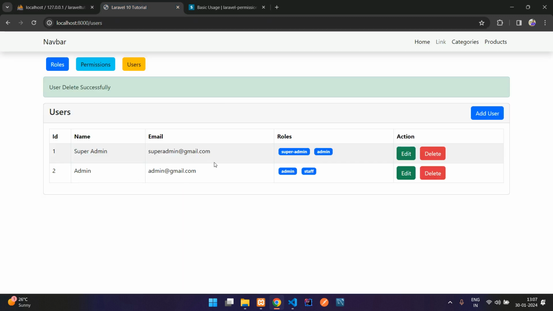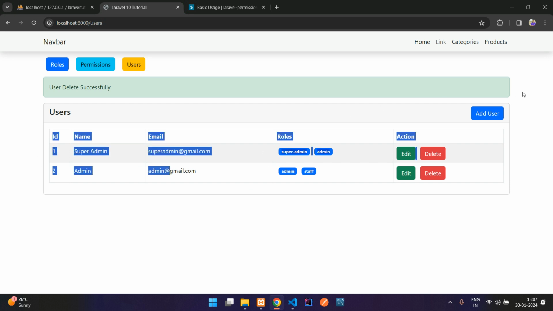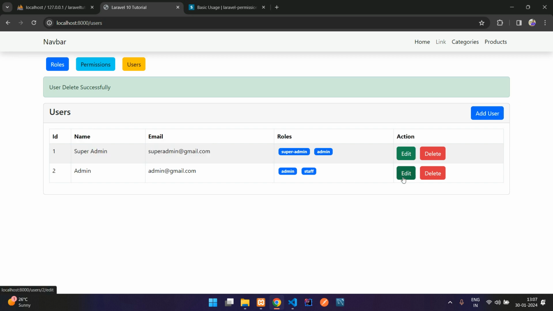Perfect. So guys, we have seen how to fetch the users with the roles and add the user and assign a role to that user, and also edit and update the user with its role, and also delete the user data. Okay,